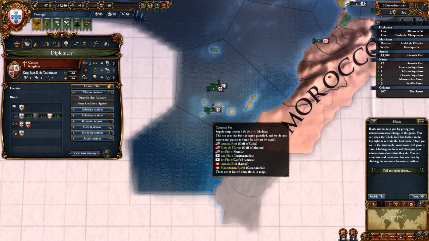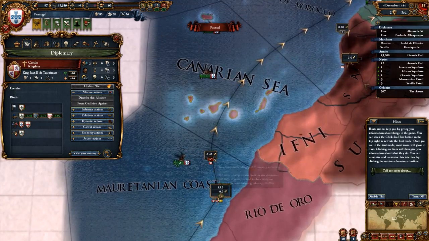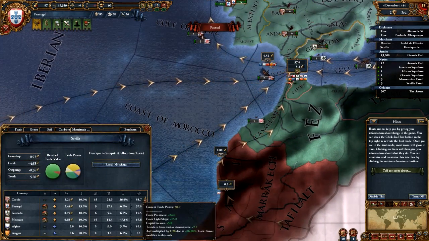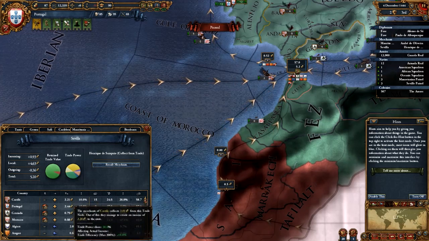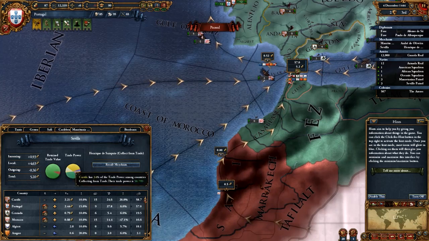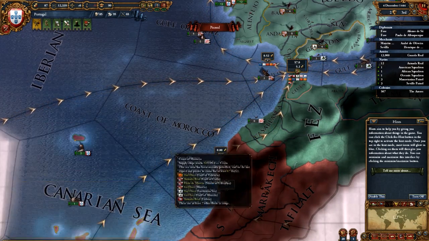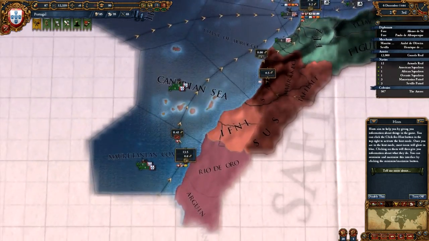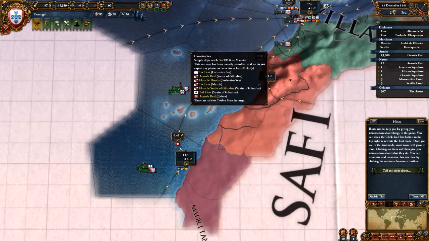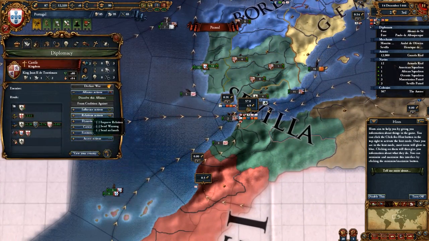So here are our fleets. By the way, let's take a look at the trade. As you can see, we have higher power here. We are making a little bit. What? Oh, Castile, you have too much power here. We will have to solve that later. But yeah, everything's cool, everything's fine. 1 month has passed, so let's go to Castile and tell them,